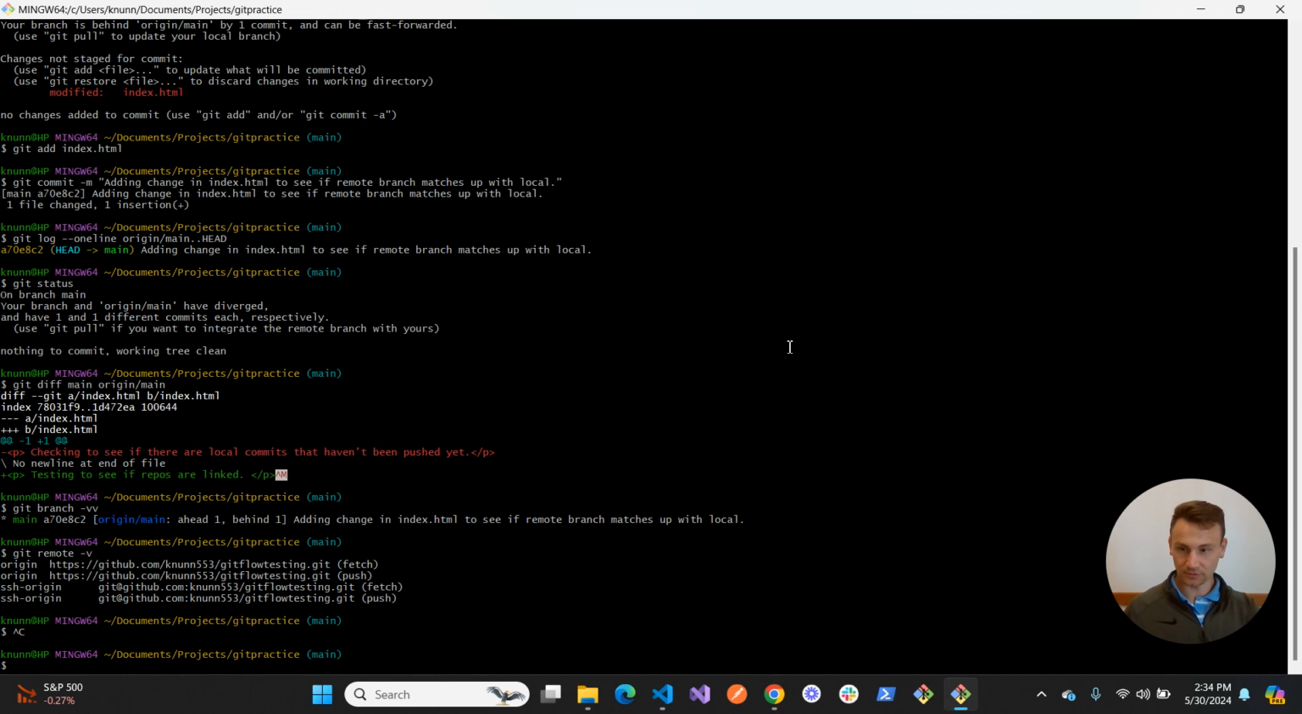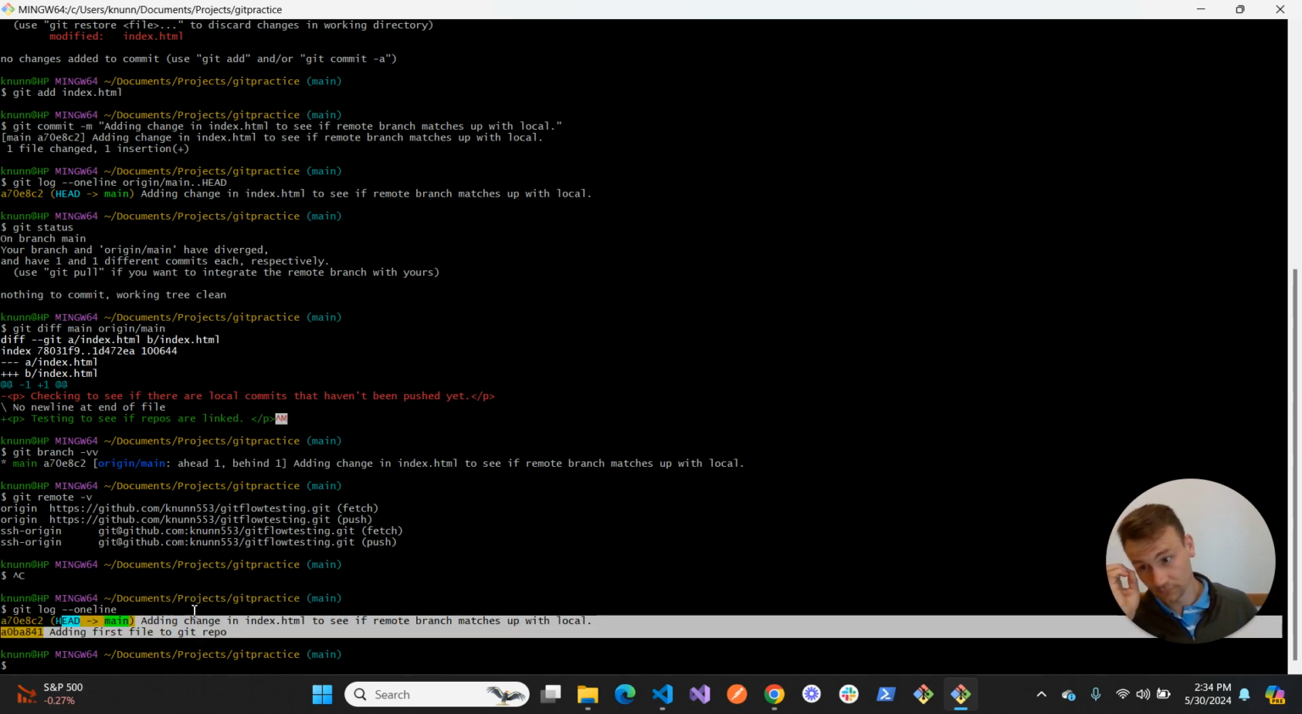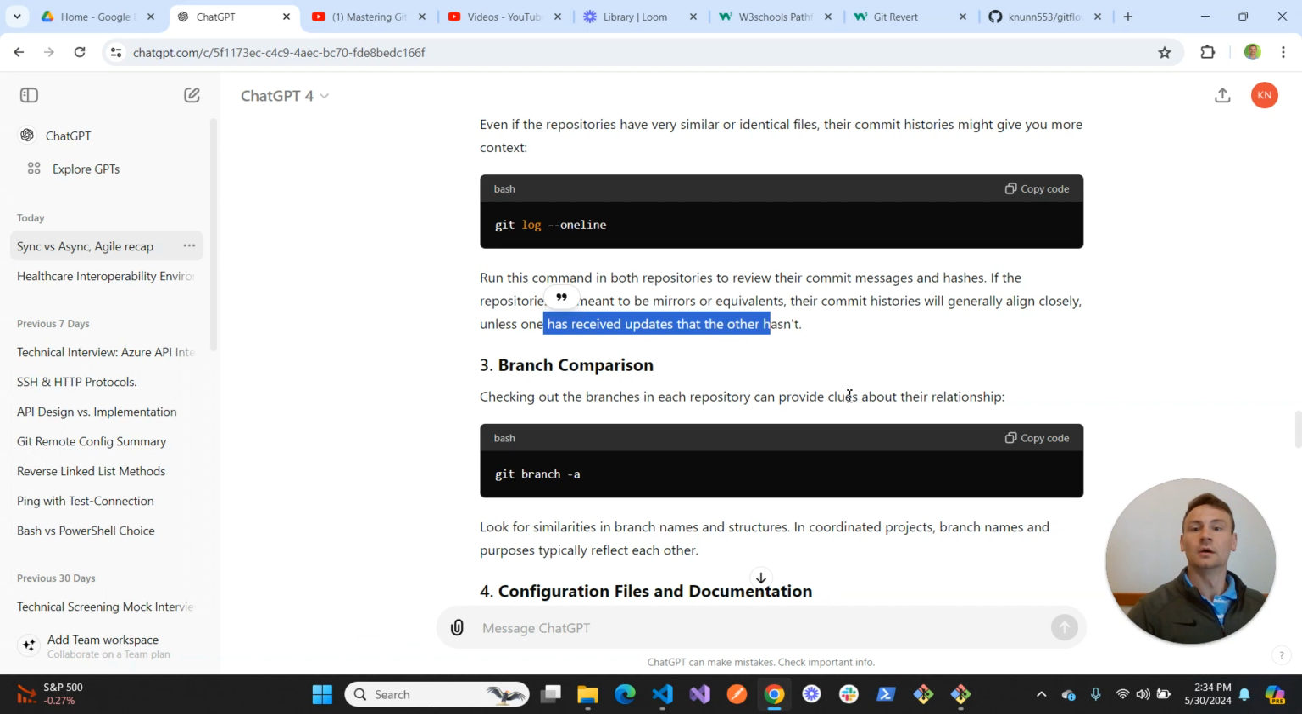Git log --oneline. Alright, so we can see the commit history here. This one was done in the remote repo. This one was done in the local repo. And branch